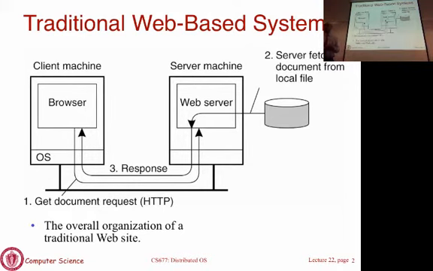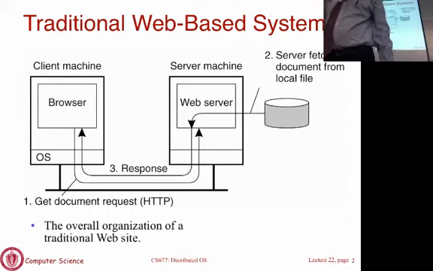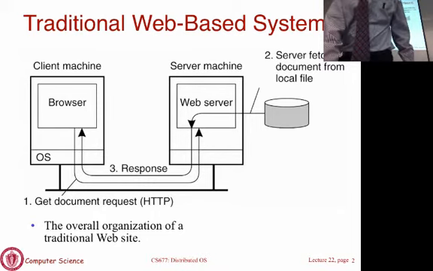In that more traditional static web content approach, the HTML pages and the JPEG images that are included, or any image that's included, are already generated as files, okay, and they're stored on the file system. So all that the HTTP request does is it specifies the name of a file or a name of an image, okay, and then the web server simply reads that file and sends it back as part of the HTTP response. Okay, so that's a static website. But most of the web content today is dynamic. The pages are not generated and stored; they are actually generated on the fly, as we will see.